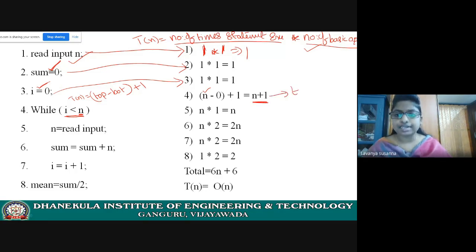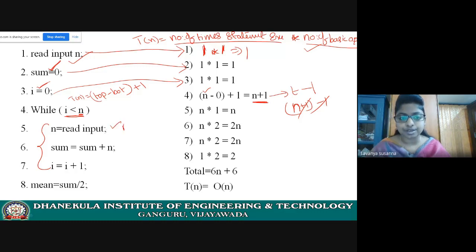If you got a time complexity like T, then the number of times the statements inside the while loop will execute is T minus 1. That means n plus 1 minus 1 equals n times. The number of times this statement executes is n, not only once.